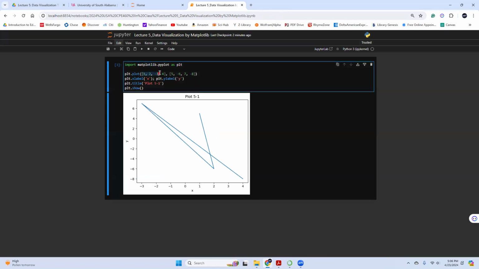So X is a list, or whatever array you call it, of 1, 2, 3, 4. That means X equals 1, 2, negative 3, and 4. Y equals 5, negative 6, 7, and 8. So this will plot